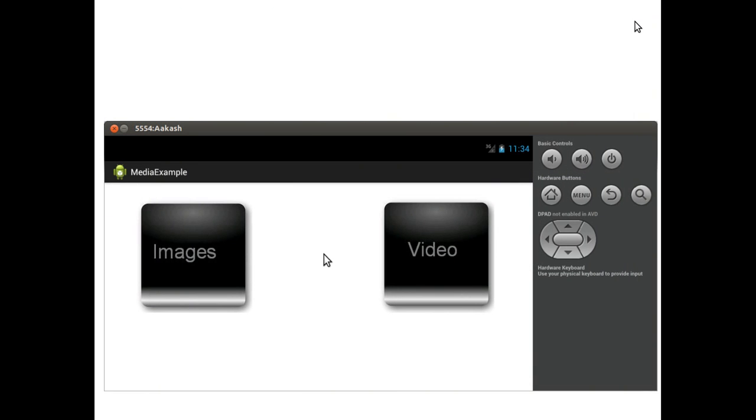So let's start with the program demonstration. This is the first example where we will have two image buttons. As you see on this emulator screen, this is what the output will look like. These two would be the image buttons, and on click of image buttons we will go to the image view. So for example, on click of this images button,